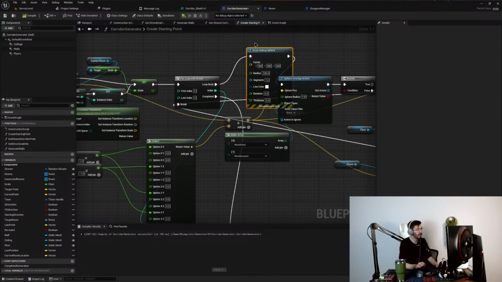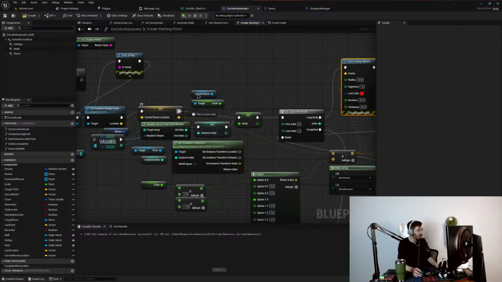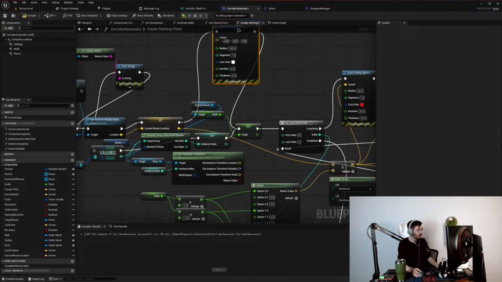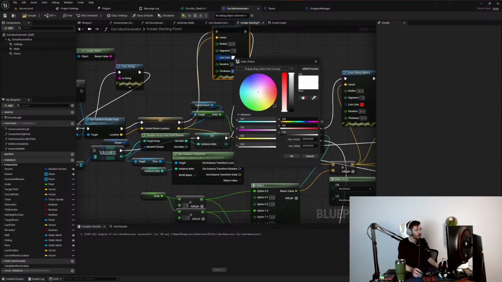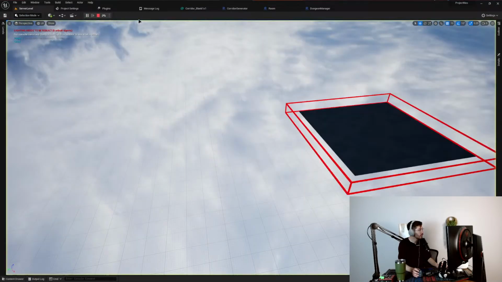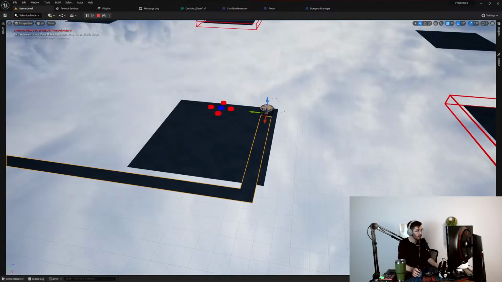Draw debug sphere. We're going to see exactly what's going on here. Let's do a 20. Duration 20. And I also want to put one more right here. This one's going to be a different color. We're going to do this one blue, so that way we can see where it's starting from and where it's ending up. Okay, so this right here is our origin point. Okay. What the...